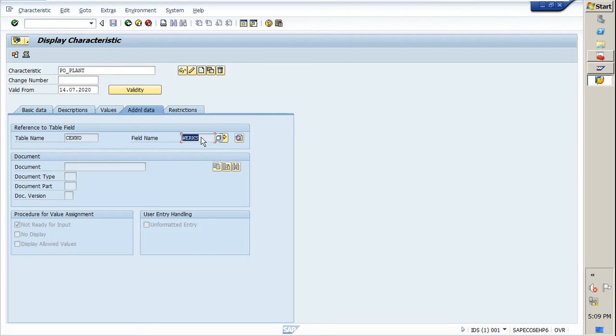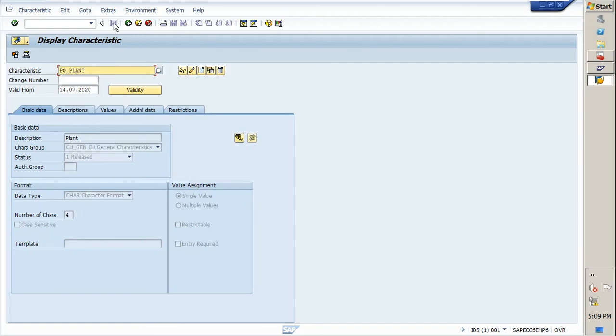We need to understand that we should have knowledge about these fields and tables. This CEKKO is certainly a different table for communication, but these fields are very common. As a consultant you should always know all the fields which are mostly used in SAP. So we need to provide the field name. Now I have created it, and you just need to save. I have created these two characteristics for the purpose that whenever these characteristics are fulfilled in the PO, then my release strategy will be triggered.